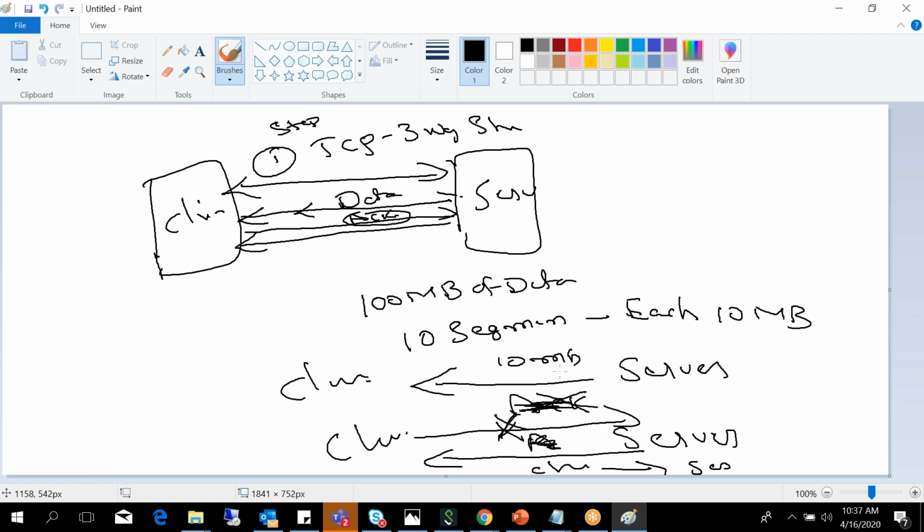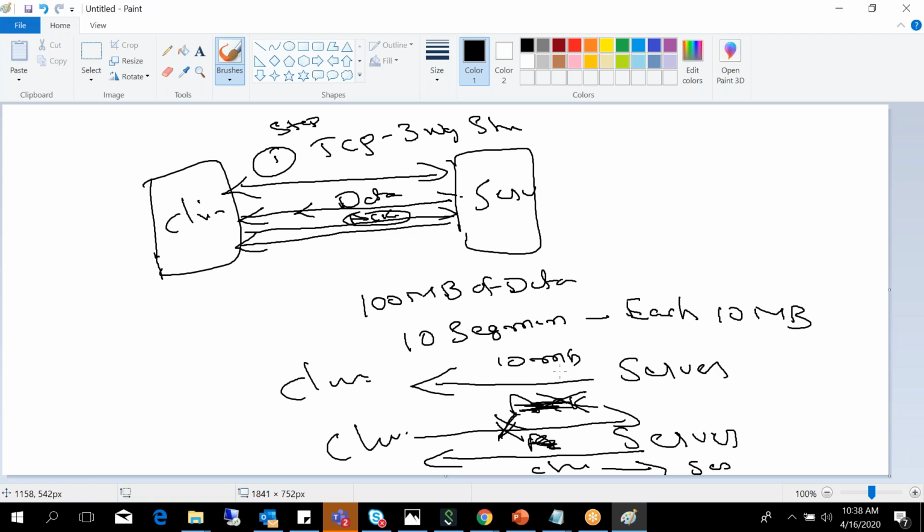So what are you going to do? You will repeat it again. You will repeat the same way here. If the server is sending data and the client is not responding, it means there is some issue. So the server will resend the data.